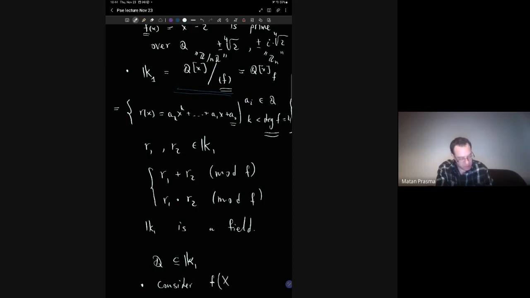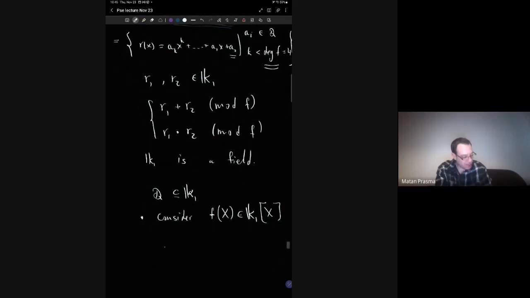Let's call it like this: f of big variable X in K1 with big X. Right? I introduced this capital X because I want to distinguish it from this x that we have. So in K1[X], an element in K1[X], let's say G, it means that